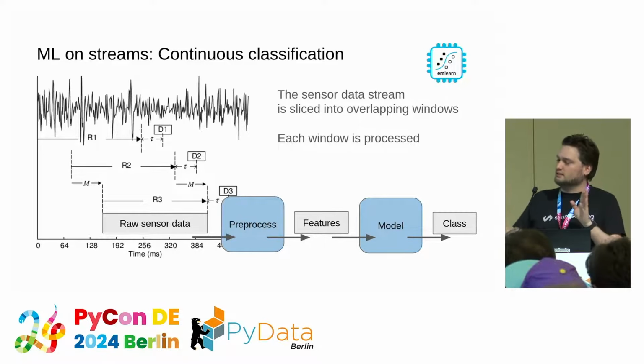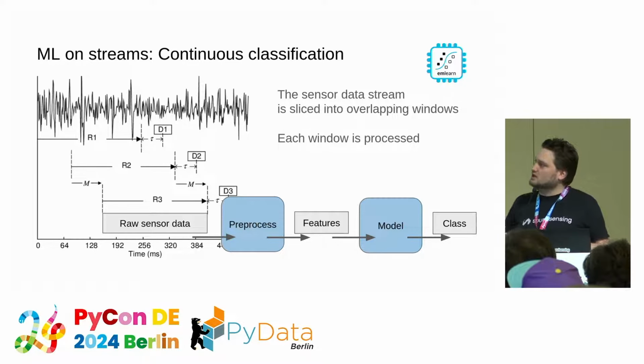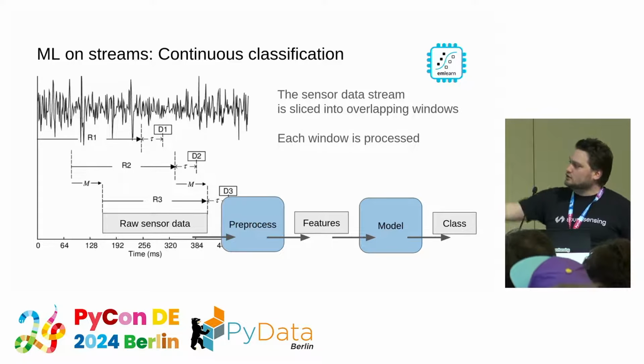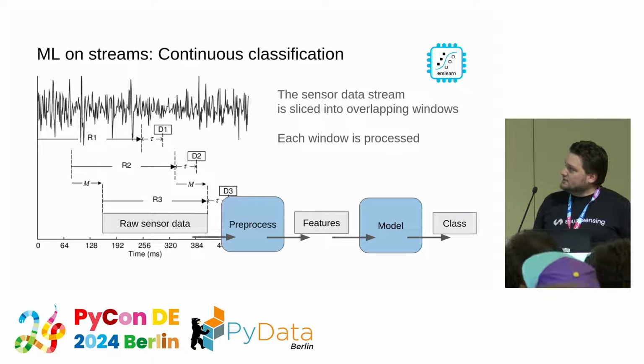And you usually have a little bit of overlap, so your model has multiple chances to catch the same phenomenon, like a gesture that happens. And then you usually do some preprocessing into features, pass it to the model, and then you get your output class in this case. So each window is the actual thing that we're predicting on, it's the input to the model